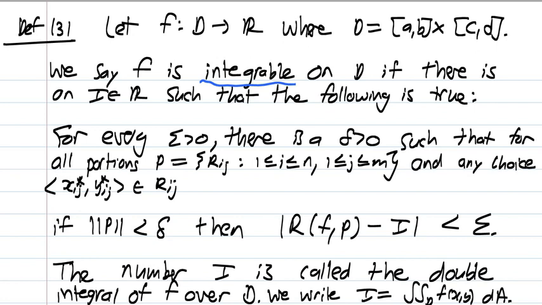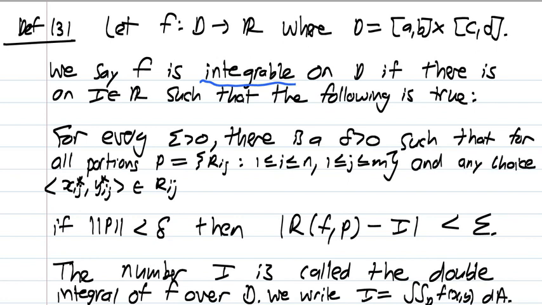So what this is essentially saying is, for every epsilon bigger than naught, there's a delta bigger than naught. So it is saying that we can make our rectangles small enough so that the Riemann sum gets closer and closer to this value I. This condition just says that we can make the absolute value of the difference between the Riemann sum and this magical value I as small as possible by subdividing our big rectangle into smaller rectangles, so that the norm of P, which is the maximum diameter of all of the subrectangles, is